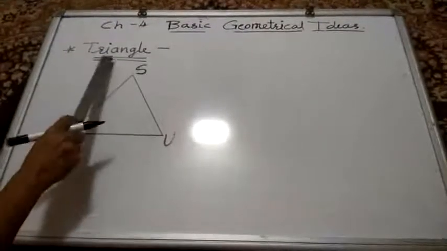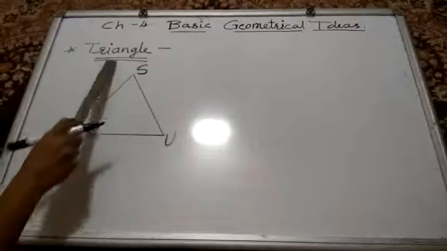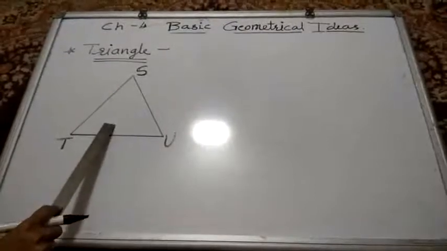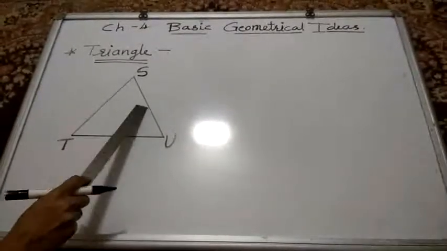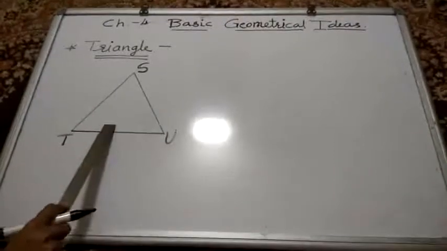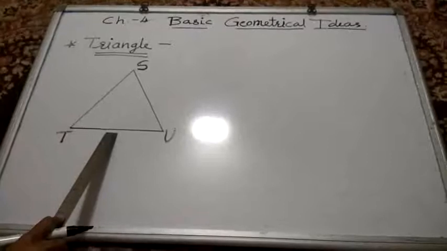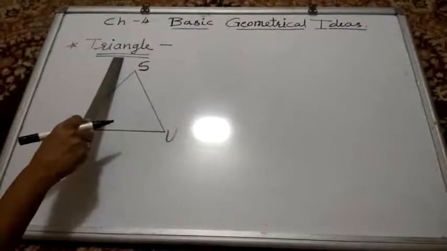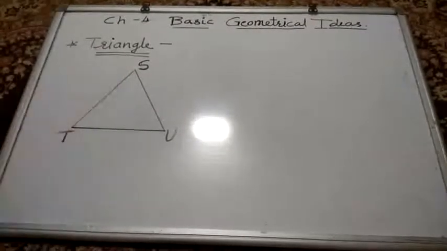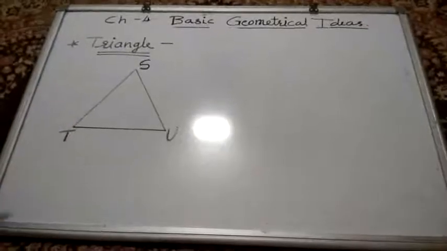Today we will learn what is a triangle. A triangle is a closed figure and it has three sides: 1, 2 and 3. It is a closed figure drawn by straight line segments. It means this triangle is also a polygon. Now here we have a triangle